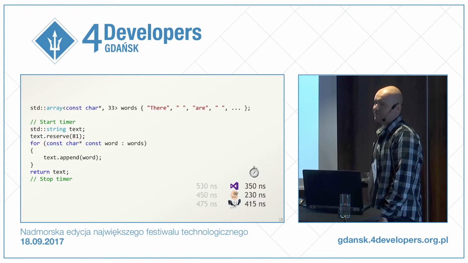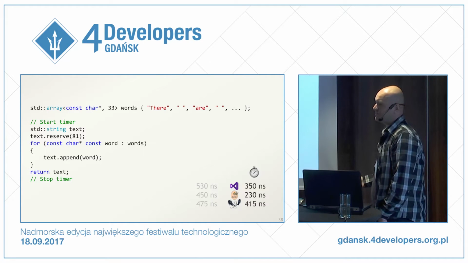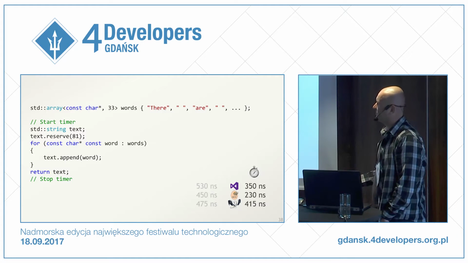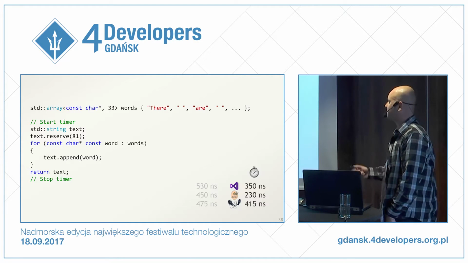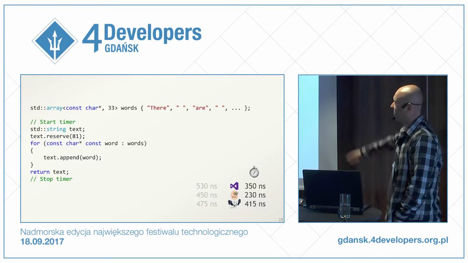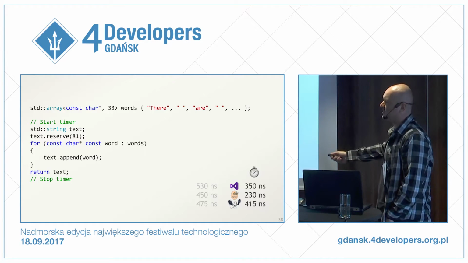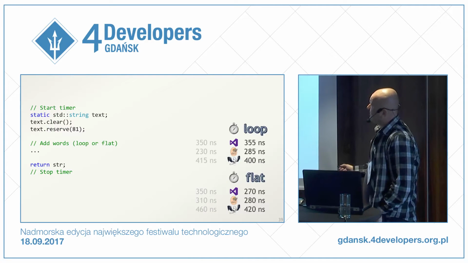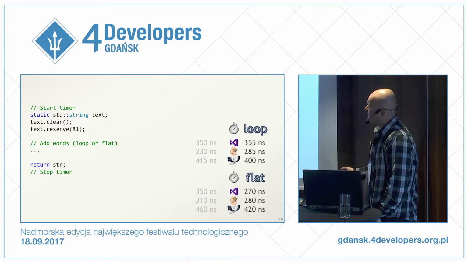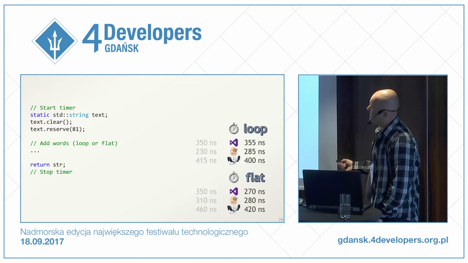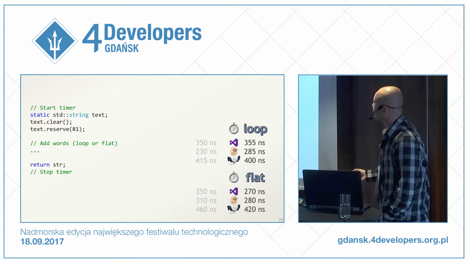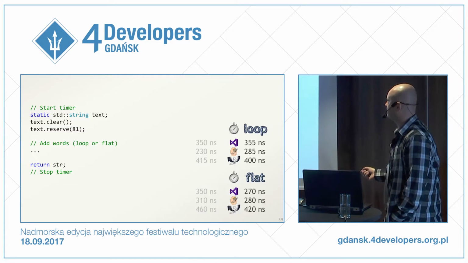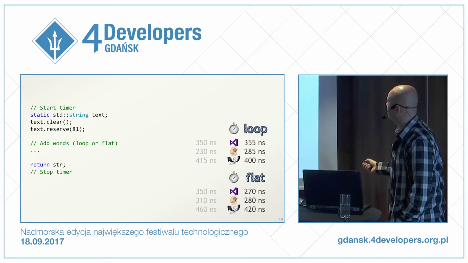Well, it's questionable whether we can do such a comparison because the JVM and the .NET runtime are entire ecosystems with additional threads, but I just wanted to show you similarly looking code in all three languages. Okay, how about static string with reserve? Pretty similar times. Maybe slightly better in some cases, maybe not in this one.